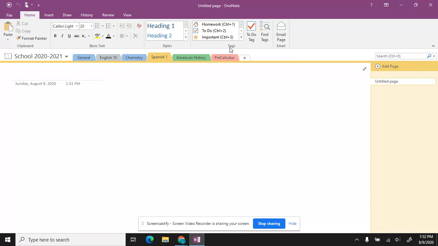And you'll notice as I click on them that over on the right-hand side, this is changing color to go along with my sections. And on the right-hand side, I have pages. So each section contains multiple pages. So let's say that I start off with pre-calculus, and maybe I'm going to title my page. Now I'm going to title it over on the left-hand side here, but it will pull that title on the right-hand side as well. So maybe I decide to call this